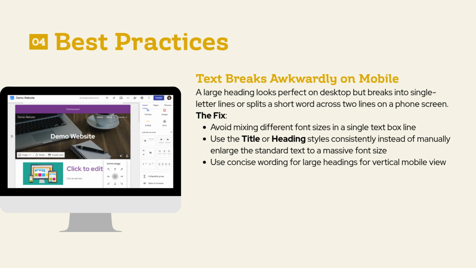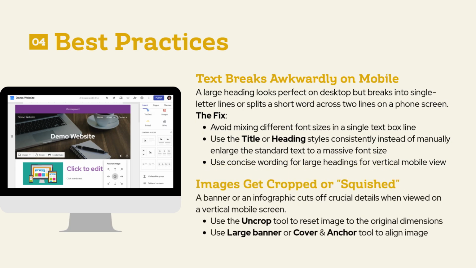Don't manually enlarge the font size. Finally, keep your large headings concise to scale beautifully on mobile views. Another big challenge involves media. Images getting cropped. Banners or infographics that look great horizontally often cut off crucial details when viewed on a vertical